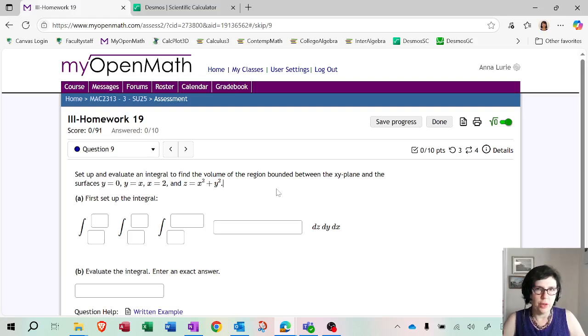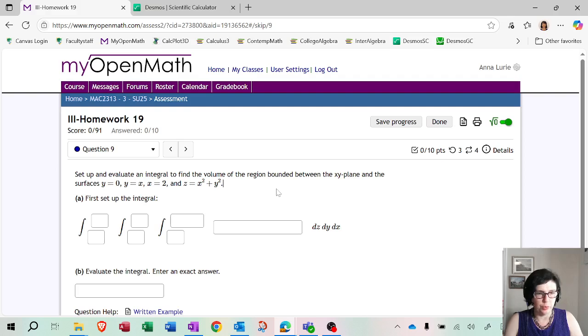In this video, we are going to compute a double integral, but before that, we have to set it up to compute the volume of a solid bounded by the xy plane, the surfaces y equals 0, y equals x, and x equals 2, and the paraboloid z equals x squared plus y squared. So this is a lot of stuff, and it seems really hard, but here is the first